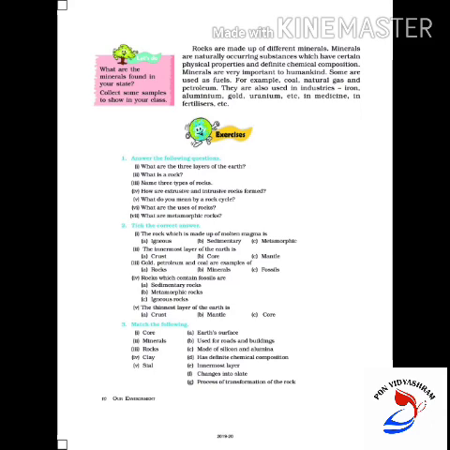Now, I am going to give you one activity. Take any object which is used in your house, for example in the kitchen like pan, tawa, etc. Find out from which rocks or minerals it is made, and write where those rocks or minerals are available. I hope you all understood.